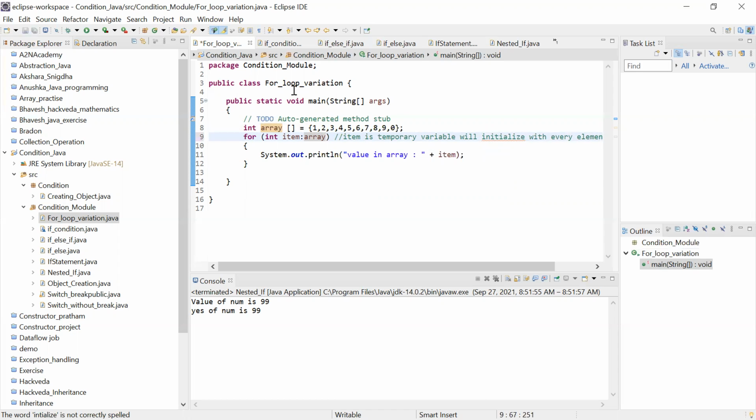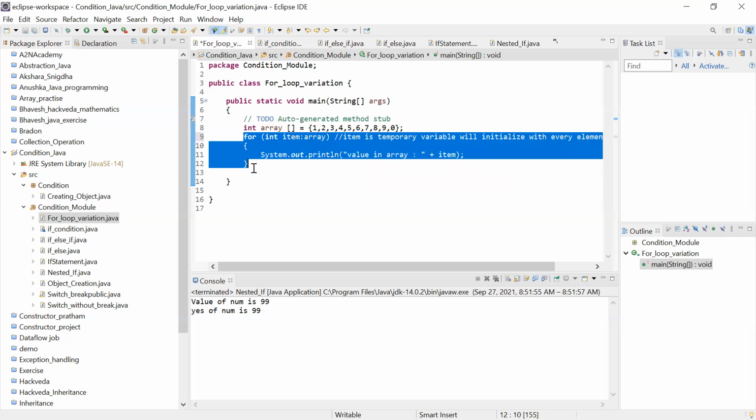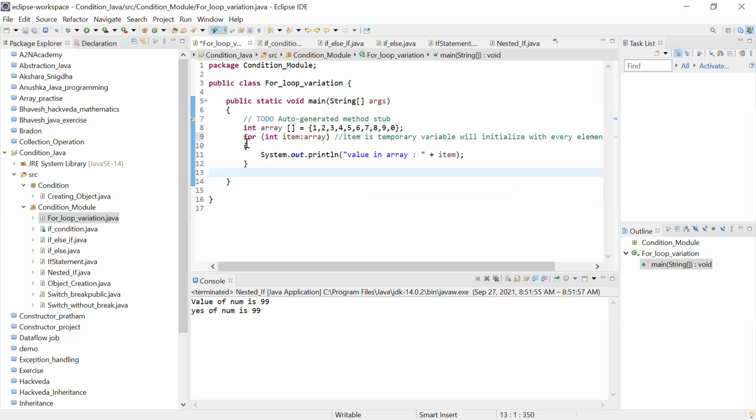So this is one more way of writing a for loop that was added in Java 8. From Java 8 onward, they decided this; if you have worked in Python programming, you might be aware of this syntax. This kind of syntax is used in Python also. Does anyone have any question?